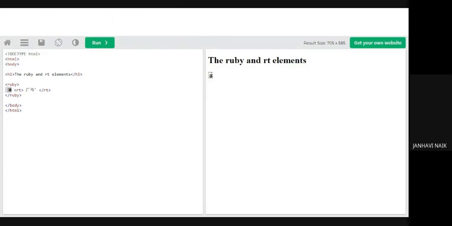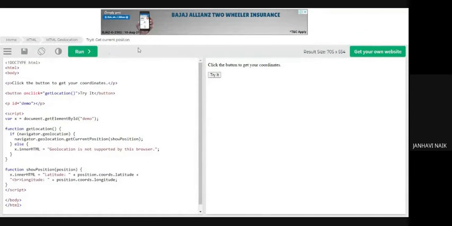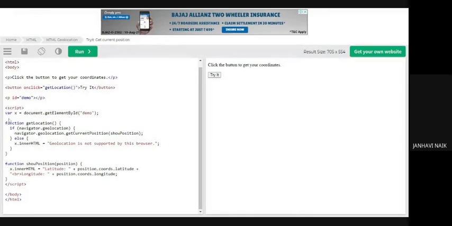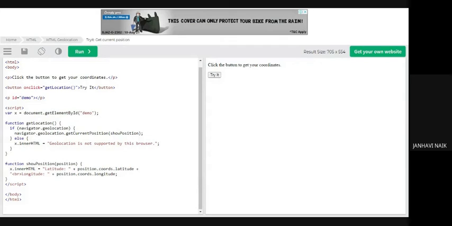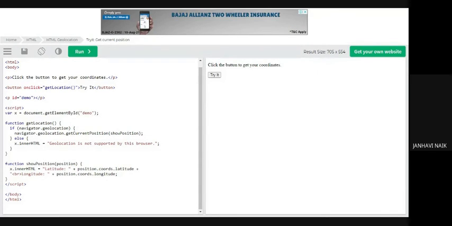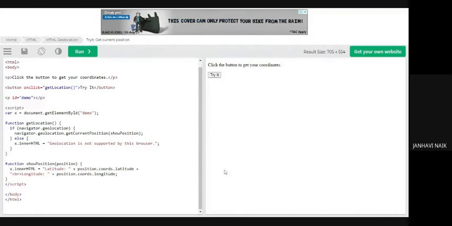Next I'll show you all geolocation. The code for geolocation is really big. For that, buttons are included and a script is written. This script is basically what you take help from to find the location where you are. Now click the button to get your coordinates.